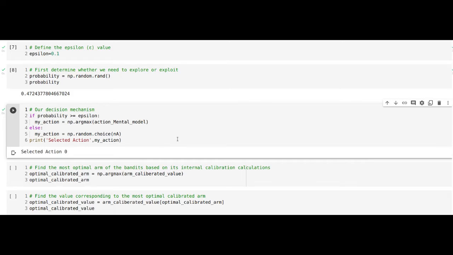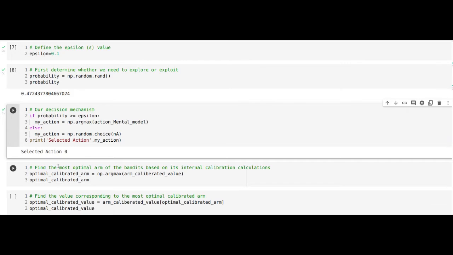So that's the action which you selected. Based on the random probability generation, we select an action, and that selected action is displayed. Initial values will always be 0, so we will be selecting the first action, because every value is the same.